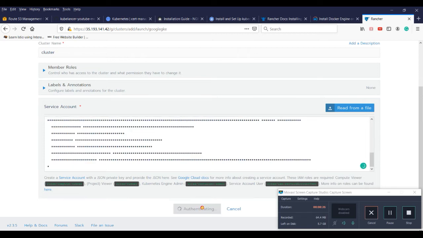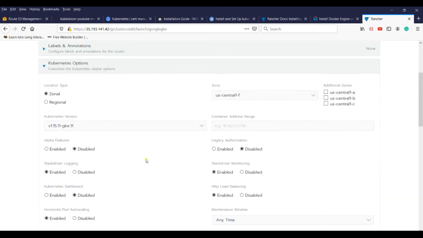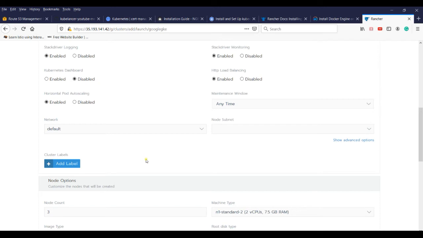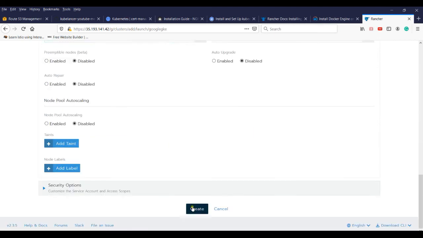It's authenticating with the GCP account. Okay, and I'm reducing my node count to 2 and my root disk size to 20 GB just for the demo, and click create.